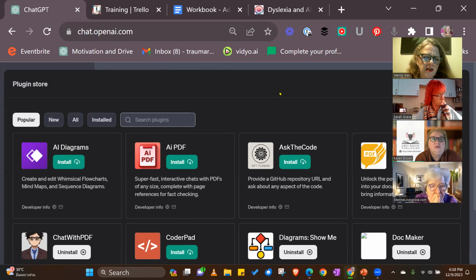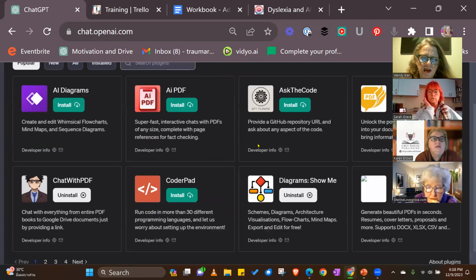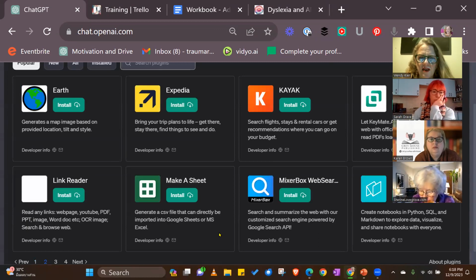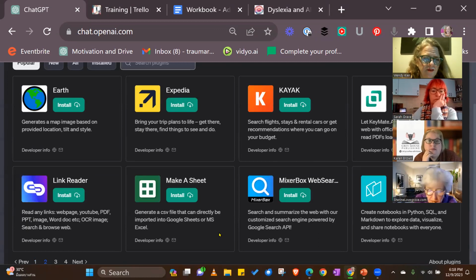You will find lots of different plugins that you can use. And there are going to be some here like diagrams, but it's very, very basic. Diagrams, read PDFs, analyze data, Expedia.